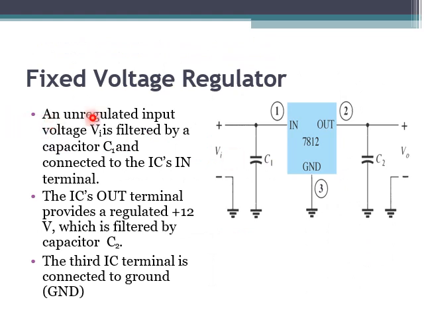Now see, if there are any disturbances in the unregulated input voltage VI, they will get filtered by the capacitor. Always connect the capacitor in shunt with the input or output, wherever it is, except for coupling capacitors. All capacitors used for filtering need to be connected in shunt. The reason is that the capacitor blocks DC and bypasses AC.